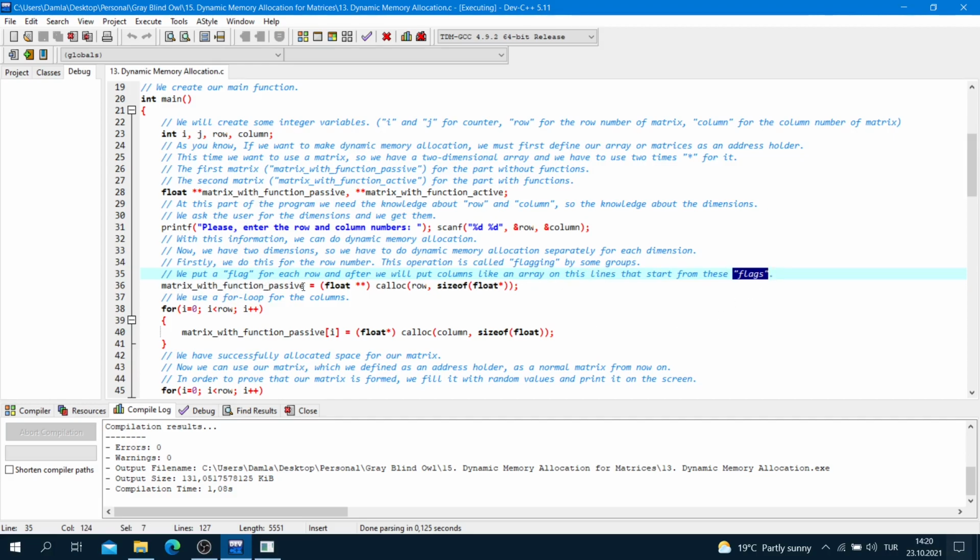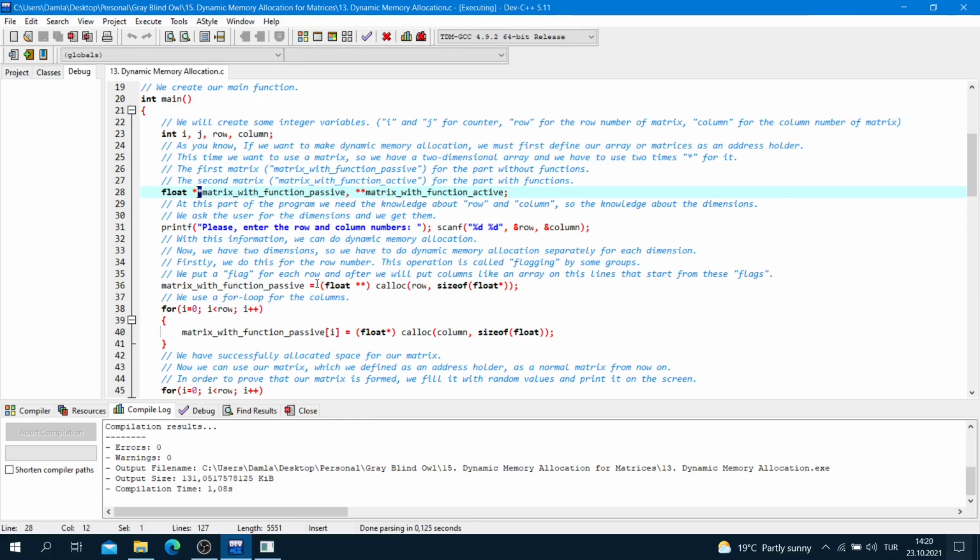Matrix with function passive is equal to float pointer pointer, because our matrix with function passive is an address holder and this is a two-dimensional array, so we have to use 2 times the reference sign. Okay.